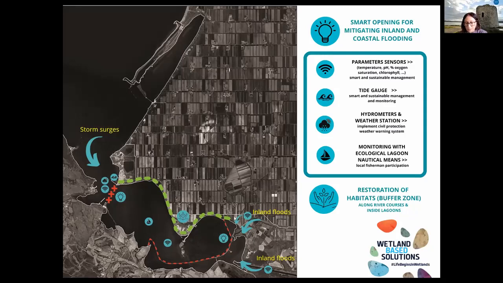This system will be also supported by a restoration of habitats in the northern riparian area of the wetland, but also in canals and rivers. This lets us valorize the bioremediation ecosystem services provided by native vegetation. And last but not least, the system also leads to the empowerment of local fishermen